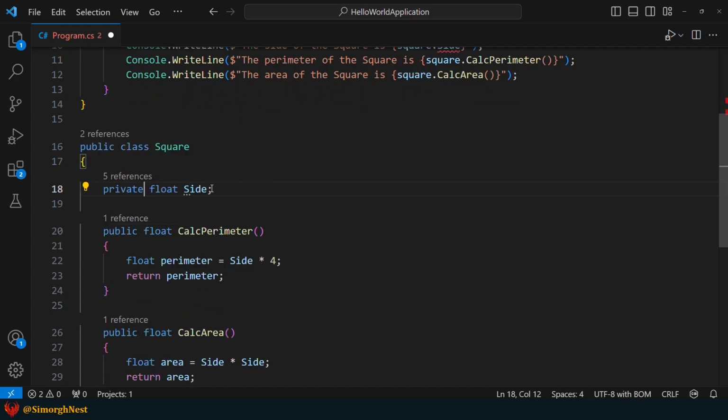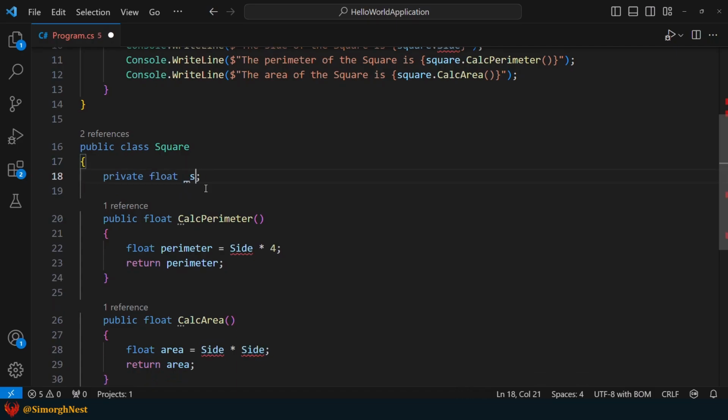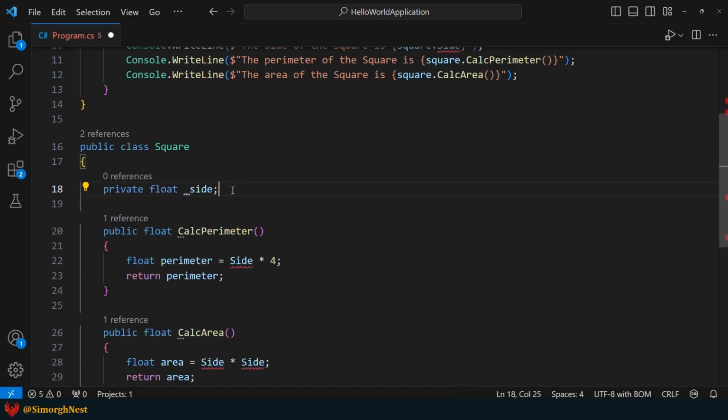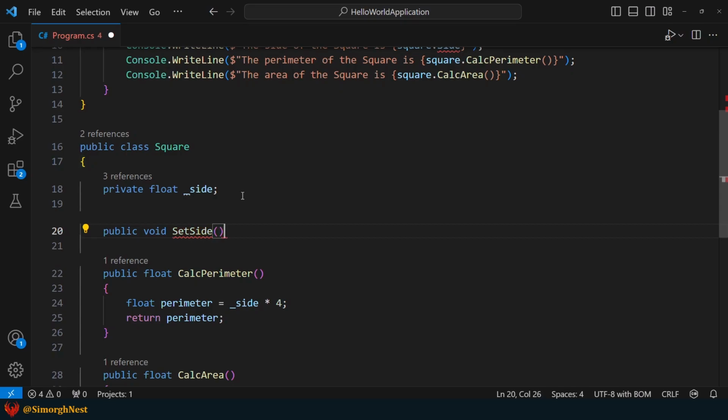Also, according to the naming convention in C#, non-public fields are written in camel case and prefixed with an underscore. So, in this case, the name would be _side. Now, let's define a method named setSide to set the side field outside the class.